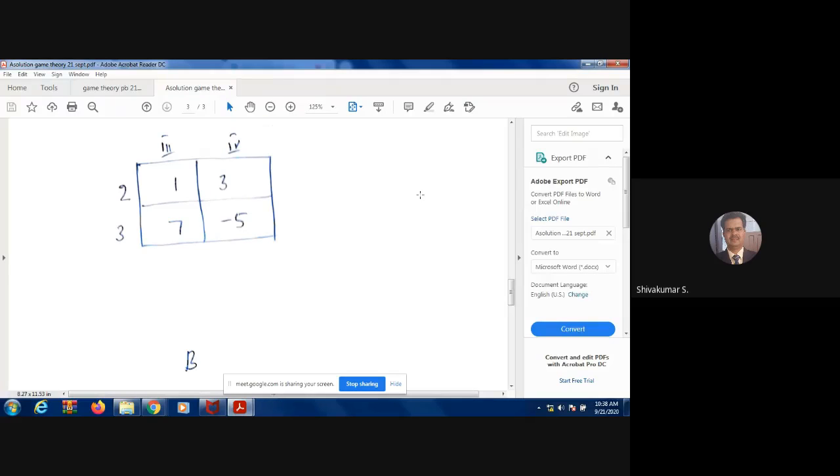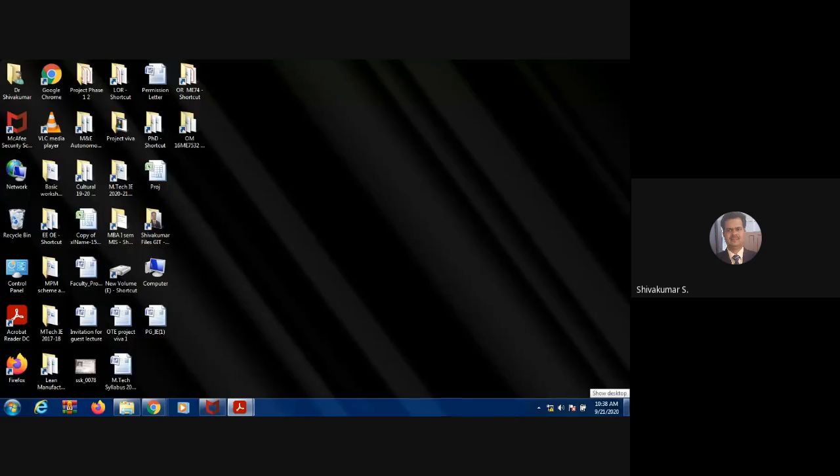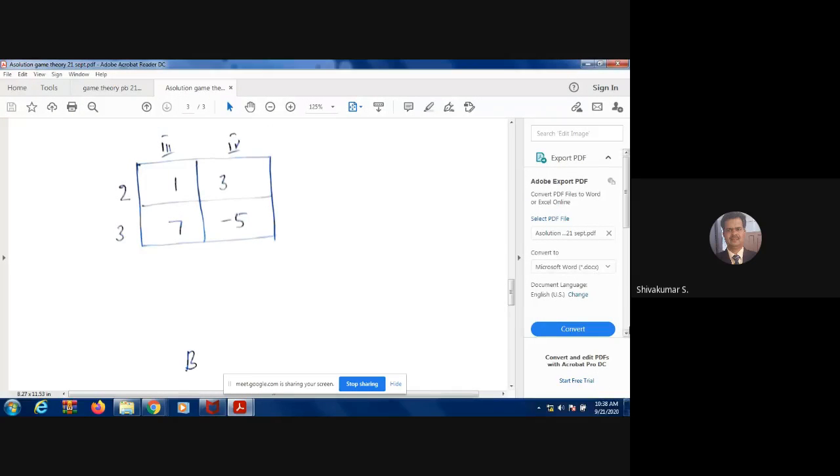Remember, you write the values there. Strategies are very important, because which strategy you are using matters. So for A, the rows you are going to use are the second and third. For B, the third and fourth. You got these values: 1, 3 and 7, minus 5. Now the matrix has reduced to 2 by 2. Now you have to find the strategies for A and B. That is called oddments. Already told last class, you now find the strategies for A and B.